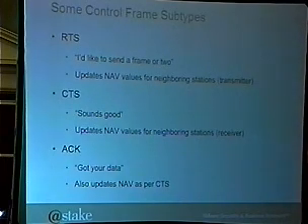RTS works like this: I want to send a frame, so I send out an RTS to the access point. The access point gets that and sends out a CTS. Since the other station can hear the access point, it receives the CTS, knows that a transmission is going to happen, and waits. This protocol also involves a parameter in a lot of configuration utilities for 802.11 hardware, the RTS threshold, and it's usually a packet size. So if you have, say, a 1,000-byte packet or larger, then this 4-frame sequence will be initiated.